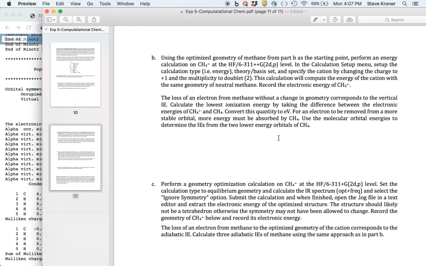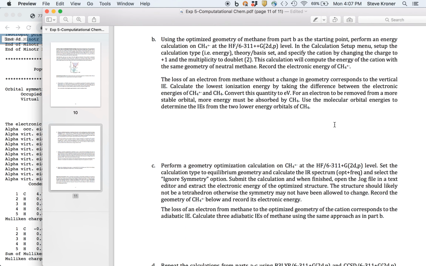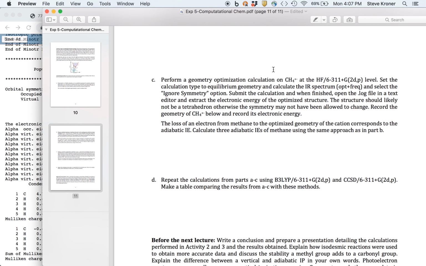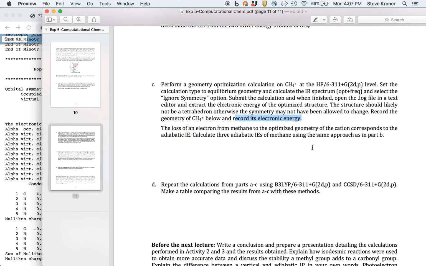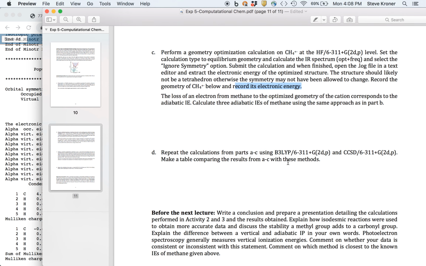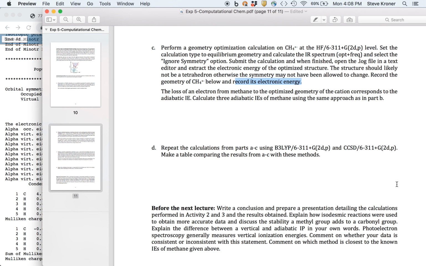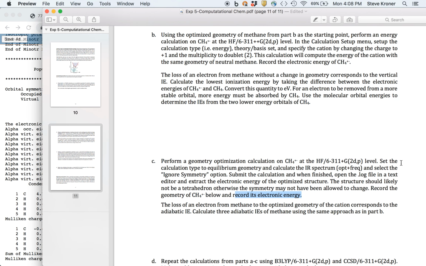So use the MO energies to determine how much more energy is required to eject an electron from the next lowest orbital and then from that really stable 1s orbital of carbon. And you can repeat this analysis by doing the full optimization, allowing the structure to optimize. You still need only the electronic energy, and then you're doing the same sort of analysis as we did above for the next two lower orbitals in terms of their stabilization. The next two more stable orbitals take more energy to eject an electron. And then we can compare different methods and see how they compare. And so that, in a nutshell, is the analysis behind